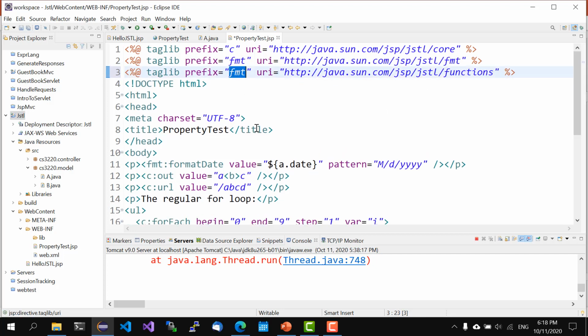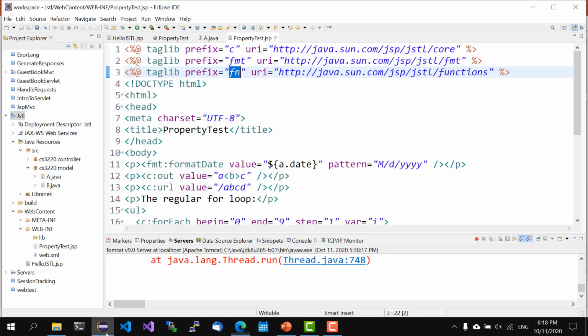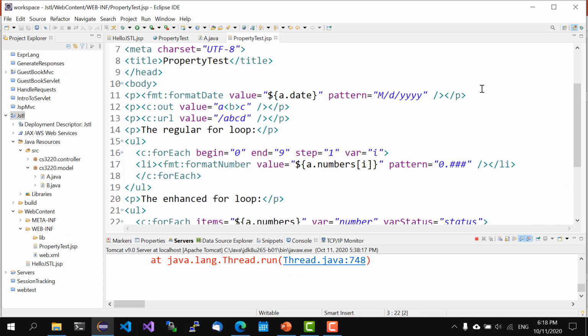And the prefix is usually fn, and then once we have that, we can then use all the functions in the library inside the expression. So we can say something like,